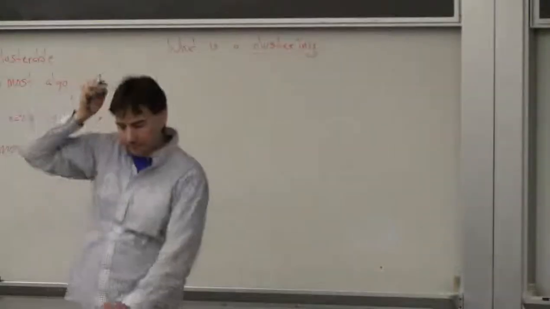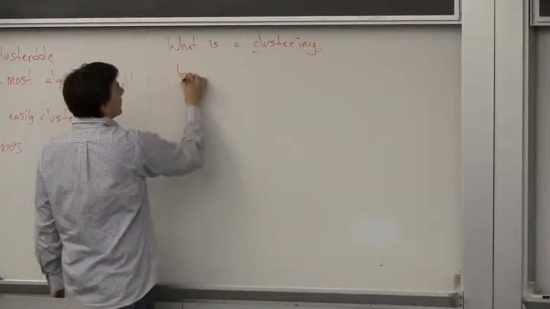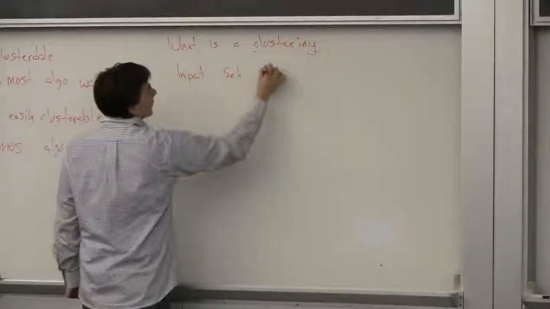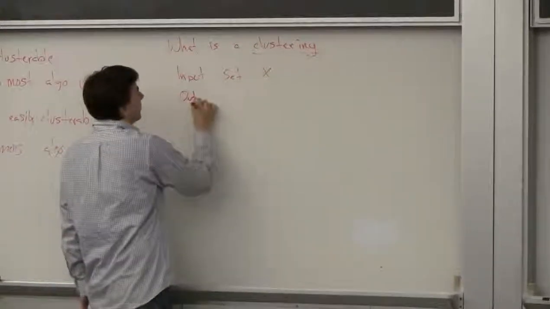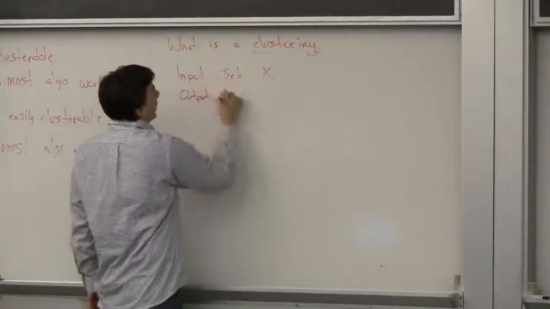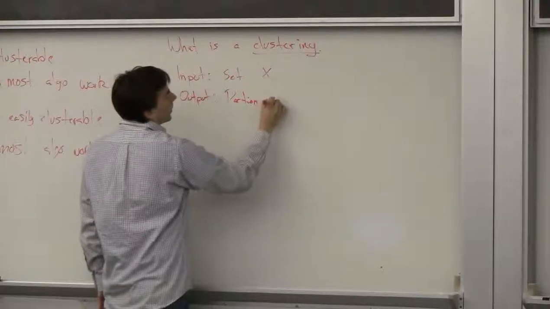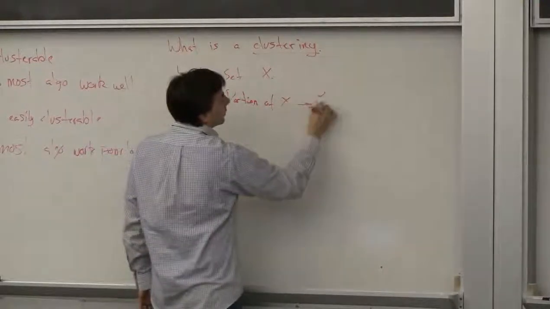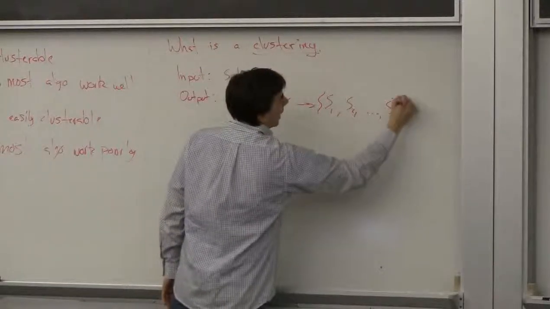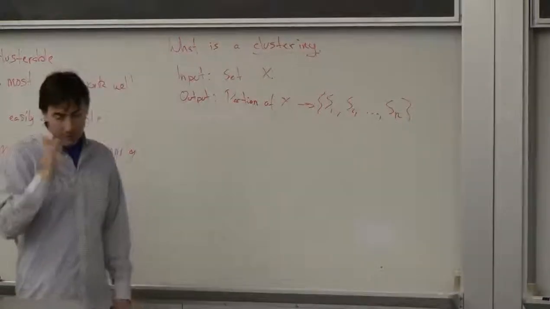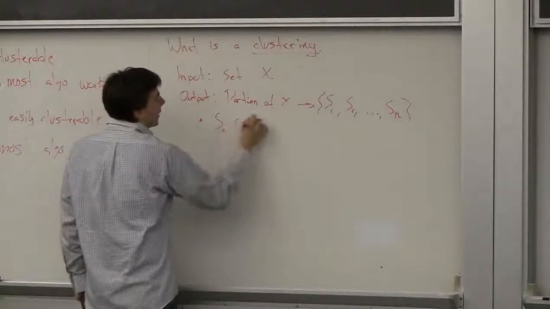So we're going to start with the input, which is going to be a set X, and the output is going to be a partition of X, which is going to be S1 through Sk. And the partition has the property that each Si is going to be a subset of X,